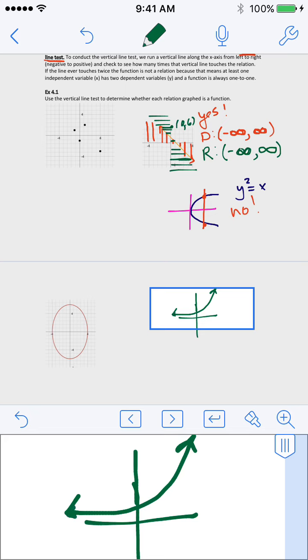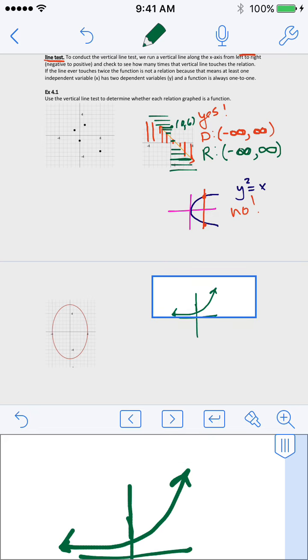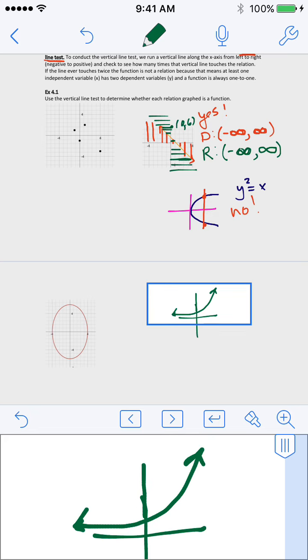And I've already told you it is a function because it only hits x's once. It doesn't double back. It looks like it passes the vertical line test. This is actually an exponential equation. We're not really going to touch on those much this year, but let's take a look at the domain and range here. So the domain is going to touch